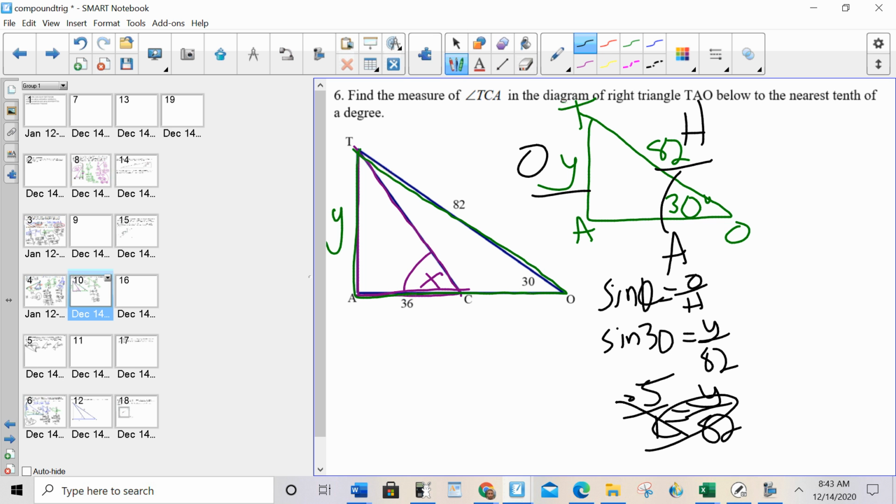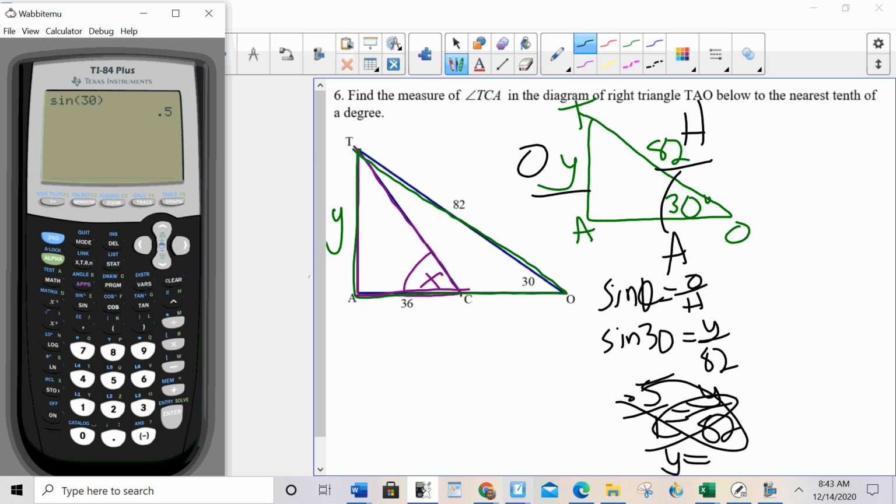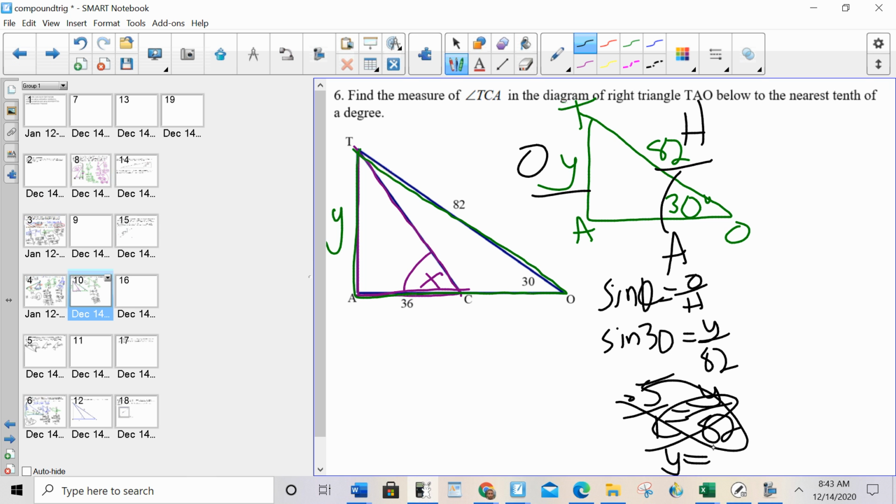Cross multiply and solve. I get Y equals 0.5 times 82 is 41. So, since this is 41, I can now go to the purple triangle,